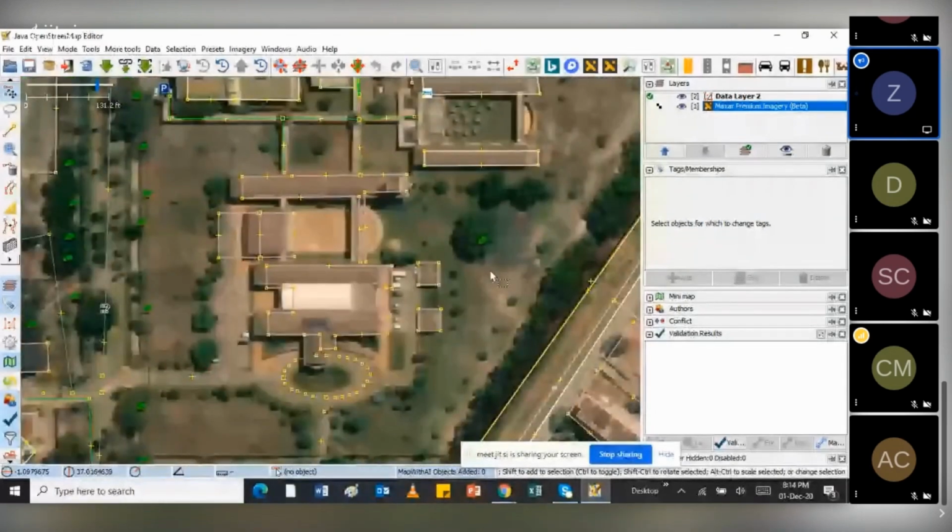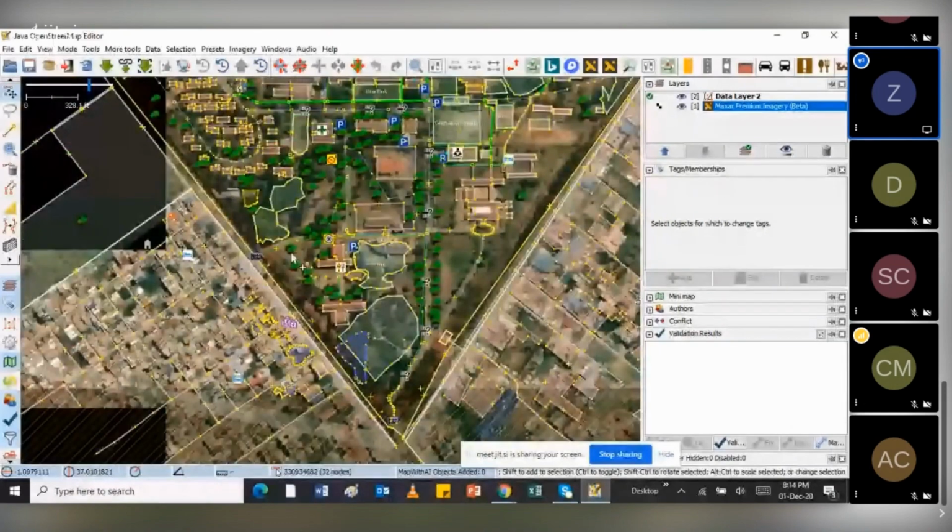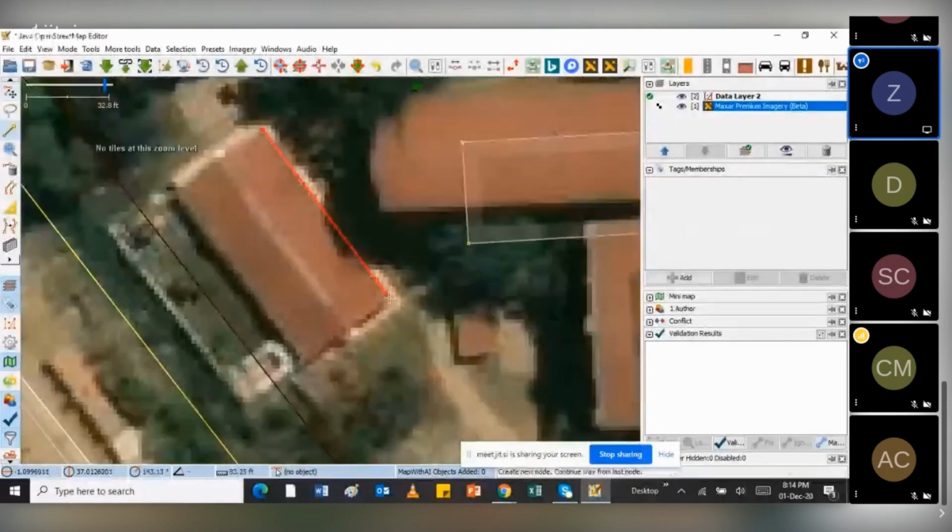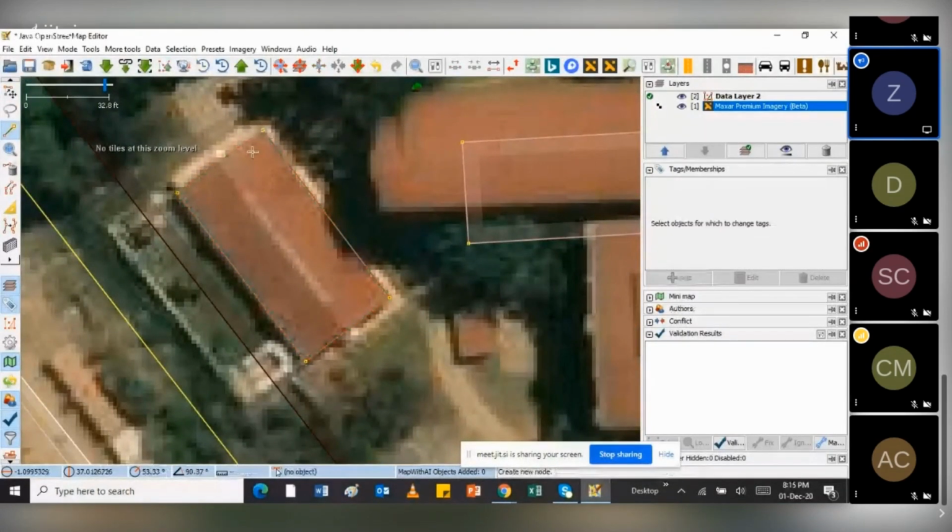Zoom in again. Check if there's a building that is here that has not been marked. So maybe we can use the tracing tool to trace that.